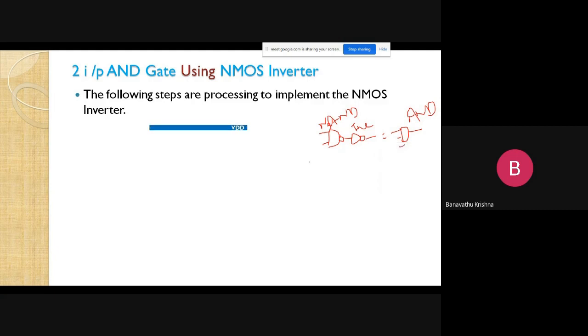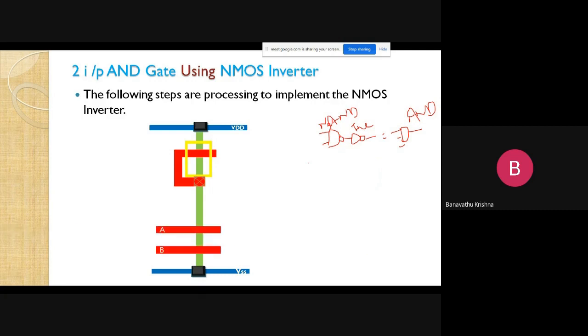First, I will take the metal layers, VSS, VDD, and then the diffusion layer, and make the contact cuts, and then the depletion pull-up device and the pull-down devices, and a common terminal for the output response. This is nothing but the NAND gate. So you already know the inverter circuit diagram. Let us see this inverter here. This is the inverter circuit diagram.